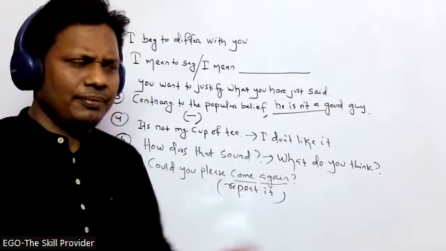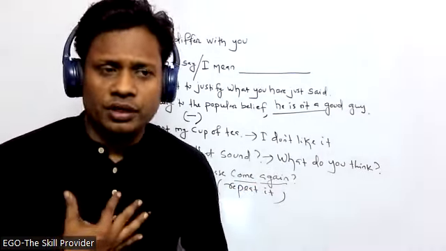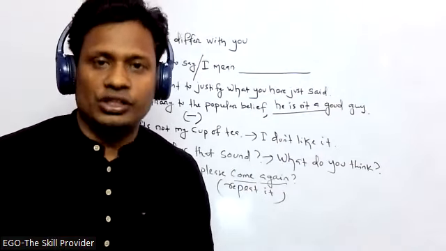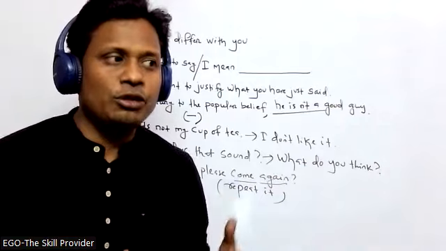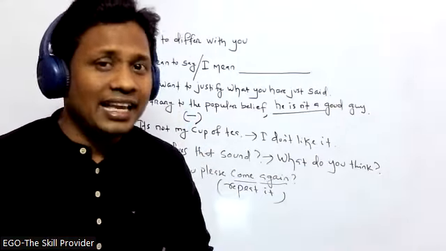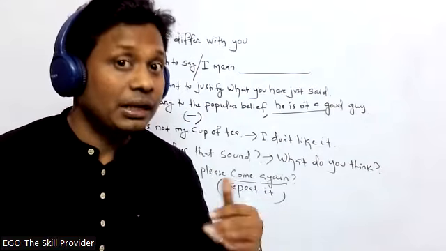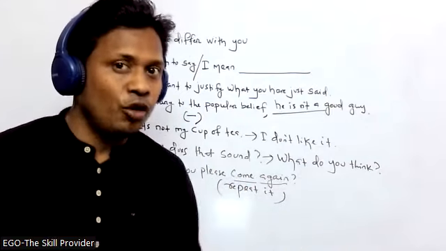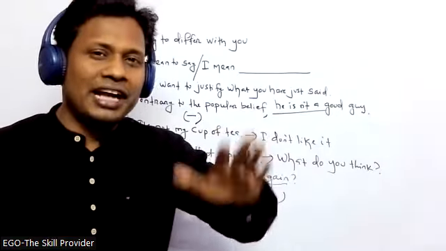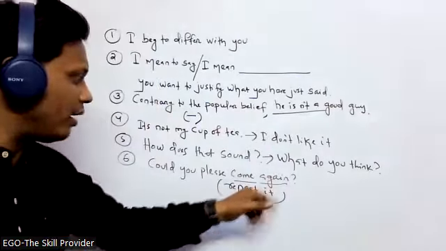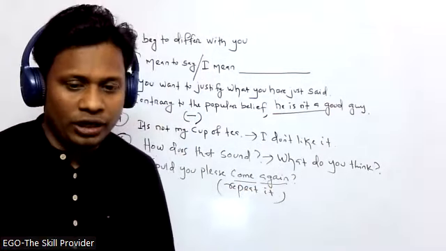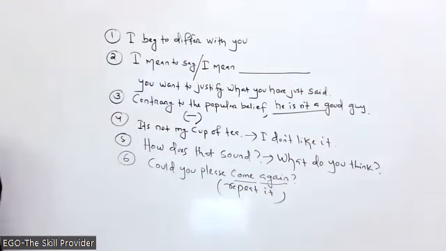And this is every time. Suppose I'm your boss and you are sitting before me, I need some clarification from your side. And suppose you are trying to clarify it, sometimes I'm unable to comprehend it, I'm unable to get it. I can say come again. That means please try to explain it once more, or I can say repeat it. So whenever you want someone to repeat something, you can say come again. I'm sorry, come again. Getting my point, everybody? Yes or no?